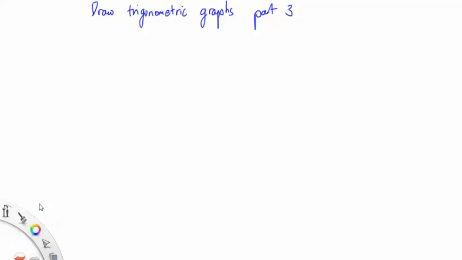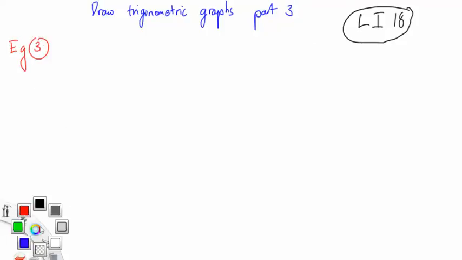Hello again. Yes, this is the third part for learning intention number 18 on drawing trigonometric graphs. We've done the sine graph, we've done the cos graph. Now it is time for the tan graph. So I'm going to grab this one from the book, and it's asking us to sketch